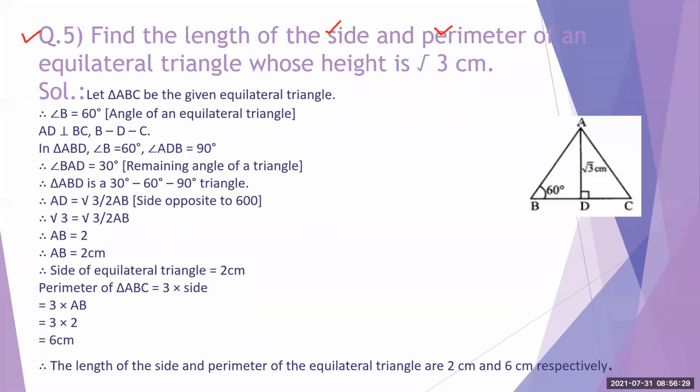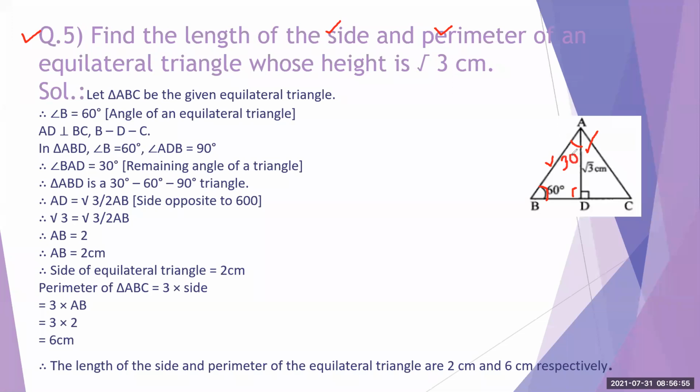So what we are going to do here simply, firstly, since this is the height, AD is nothing but your height. It is an equilateral triangle. That means each and every angle of the triangle is equal to 60 degrees. So firstly, I am considering the first triangle, ABD. Okay, in this triangle ABD, one angle is 60, another one is 90 degrees, and definitely then the remaining angle will be equal to 30 degrees. तो ये क्या हो गया आपका 30 degree का angle होगा.